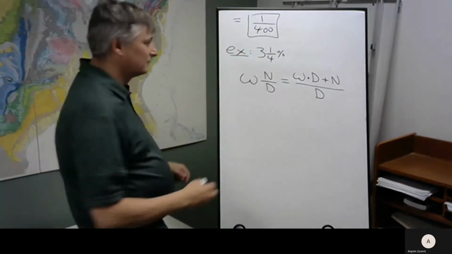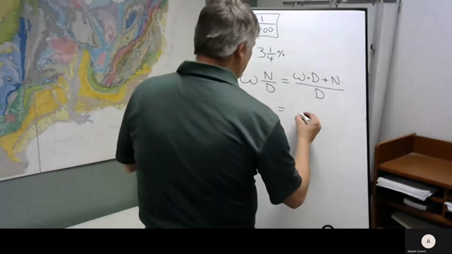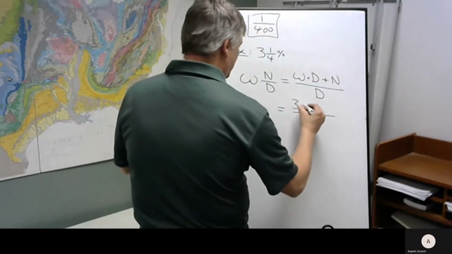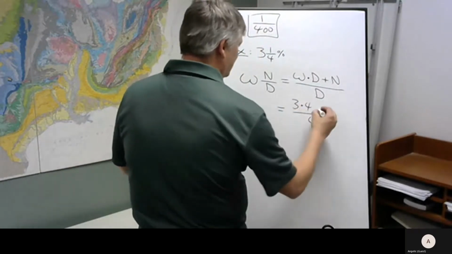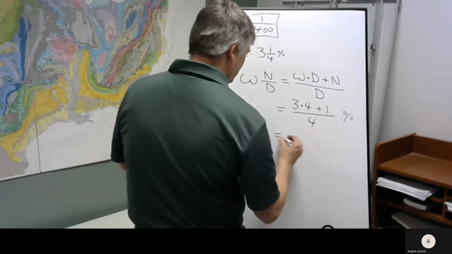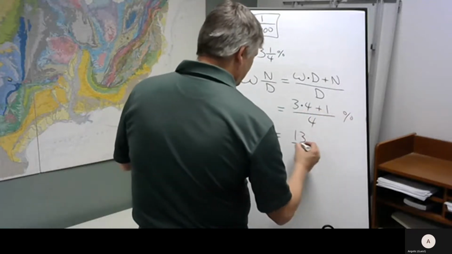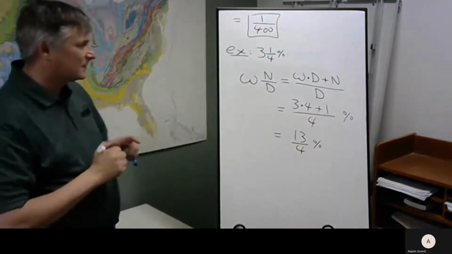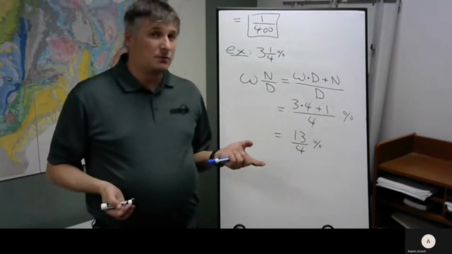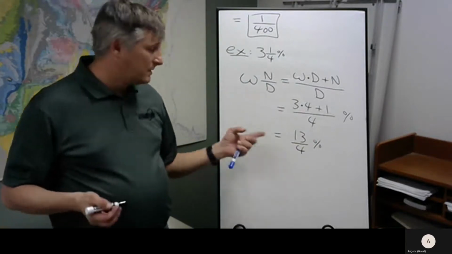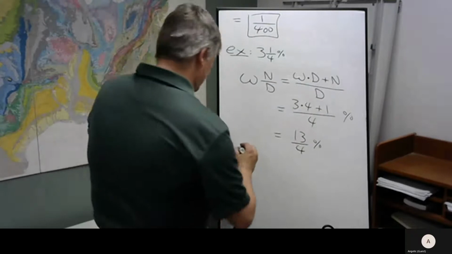So for this one, we'll have 3 times 4 plus 1, 13/4%. Now again, we're trying to turn this into a fraction. So this is just the first step. Now, take our